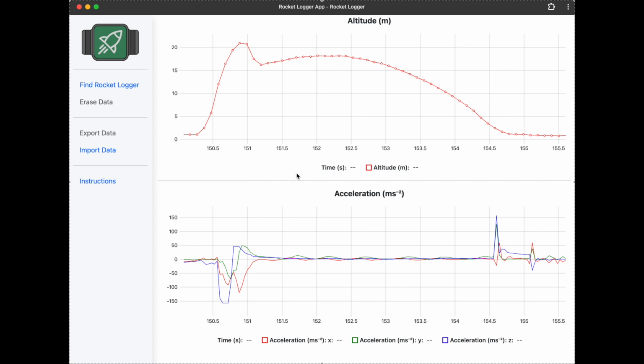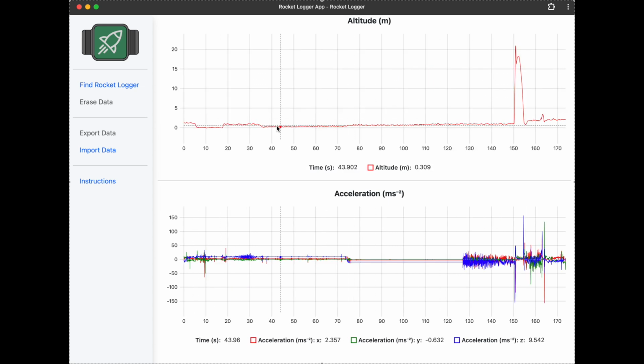Okay, so I think this is a good flight. It's automatically detected a bit of the free fall and the launch spike and the landing spike either side of it, and you can see we've got a nice altitude profile here. So if you zoom out to the whole data, you can see